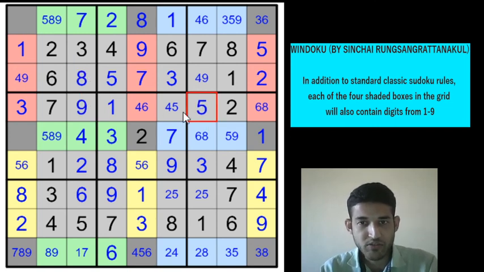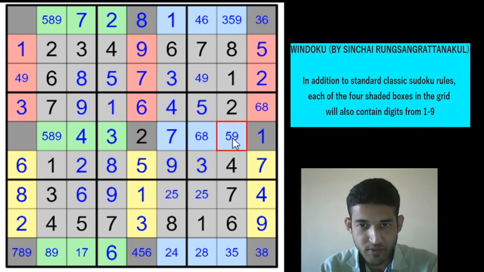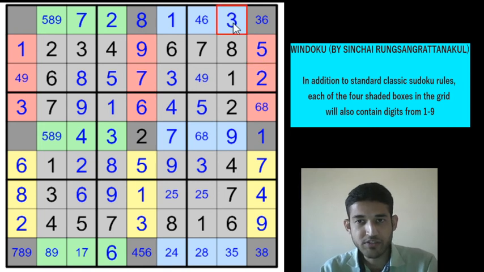This will be a 5 now. So this is a 4. This is a 6. This is 5. This is 6. You can blindly fill the digits now. So because of this 5, we get a 9 here. So this will be a 3 or 5, but 5 is here. So this is a 3.